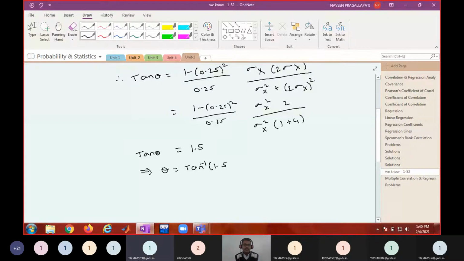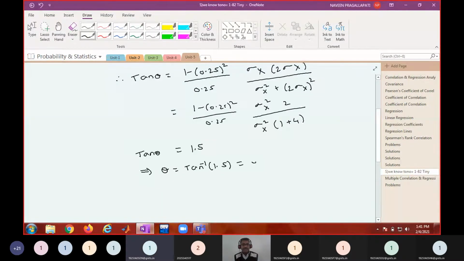0.9828 we have it. 0.98. Yes. Okay, tan inverse. This is a real number only, no? Theta will be in radians. So whatever you said previously, I think it is right. 56 point. One minute, sir. Because tan 45 degrees is 1, and tan is an increasing function, and 1.5 means it must be greater than 45 degrees. So it should be 56 degrees.